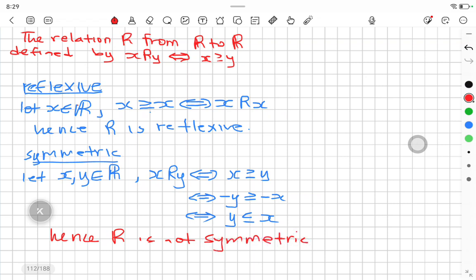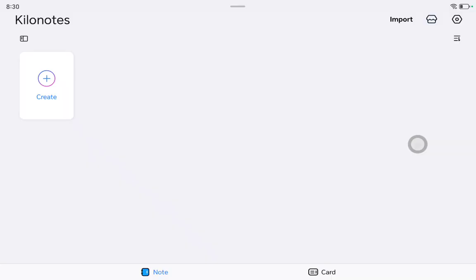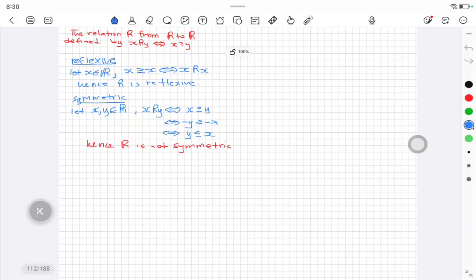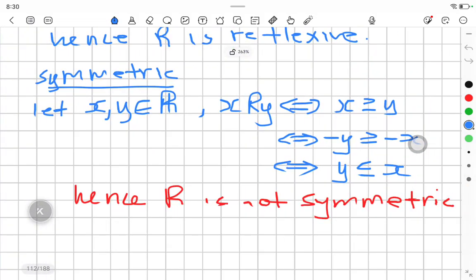You see, right? Because we couldn't get y greater or equal to x. We're supposed to get that, but the sign changed according to this negative. Remember, inequality signs change. So sometimes, even though there's an equal sign, the moment we say inequality, this inequality sign, sometimes it might not be true. You see, right? That this might be symmetric. Sometimes it's not true. So now we can check, let's check